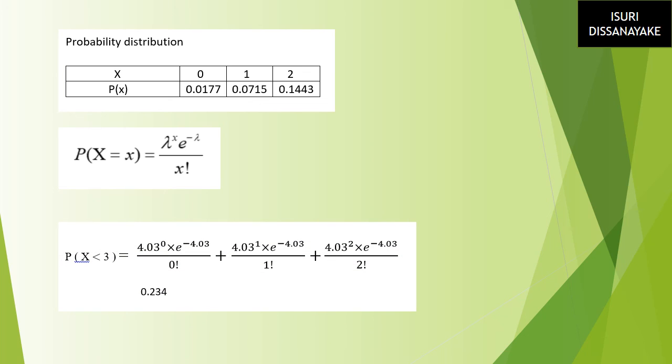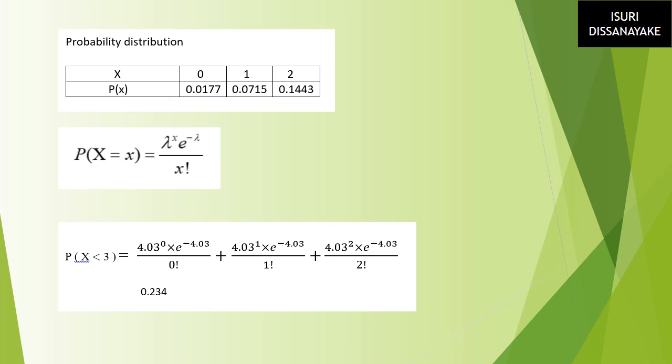So when x equals 0 means that all of them are present, no absentees. So I substitute the values 4.03 and the x value is 0, multiplied by e to the power minus 4.03, which is the lambda value, divided by 0 factorial, and the answer is